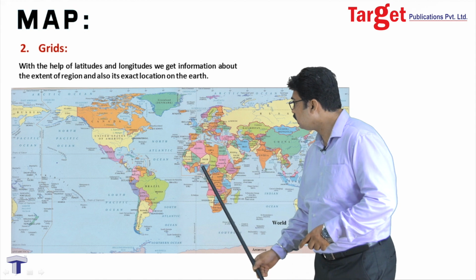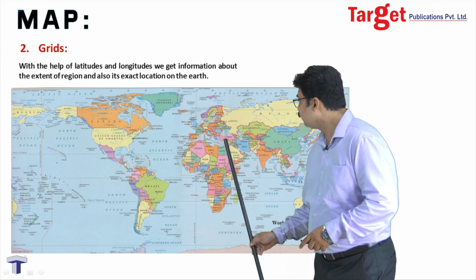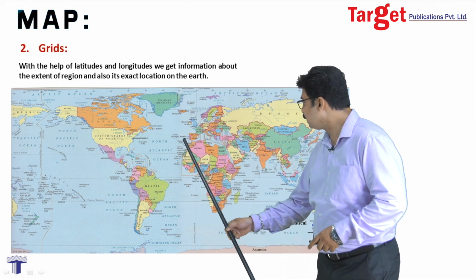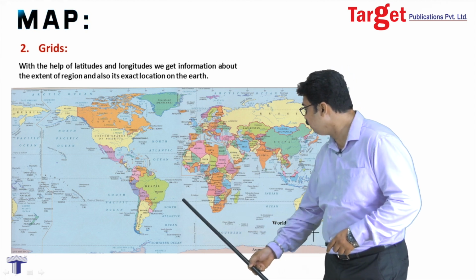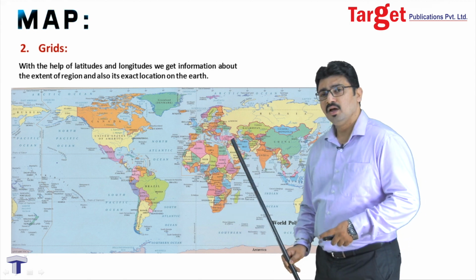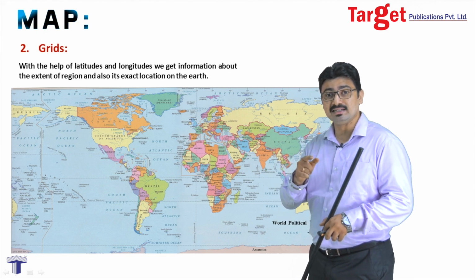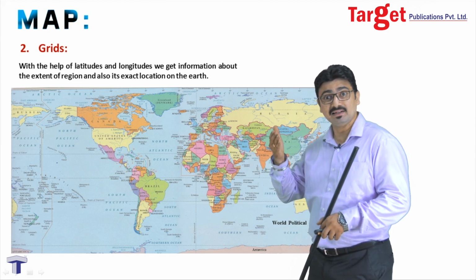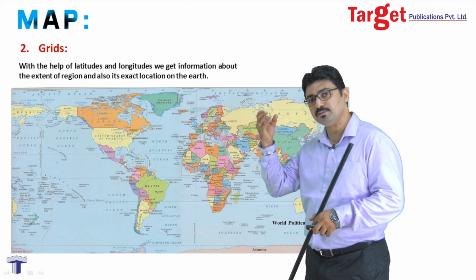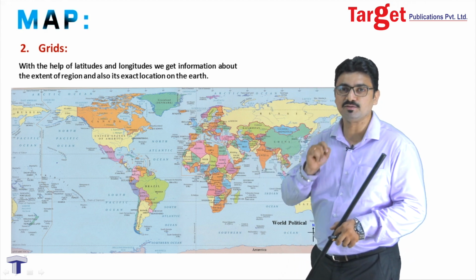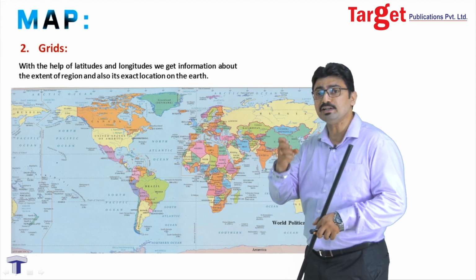Now, the African continent stretches from 37 degrees 12 minutes north up to 34 degrees 40 minutes south. So, the latitude on the top of the African continent is 37 degrees 12 minutes north and 34 degrees 40 minutes south. Why does it extend from a north latitude to a south latitude? Surely because it expands in both the northern as well as southern hemisphere. So, the equator passes through this continent, some of which is in the northern hemisphere, some of which is in the southern hemisphere.